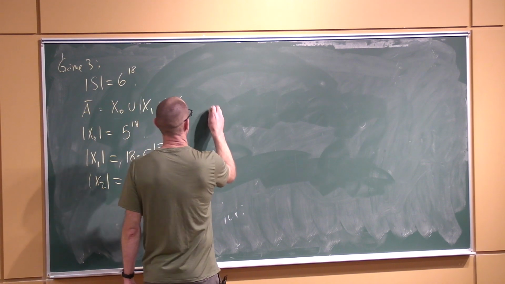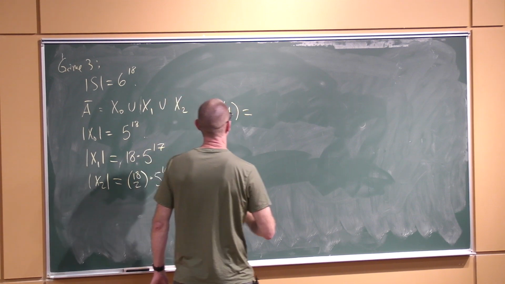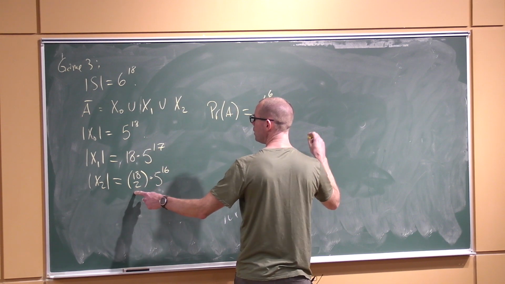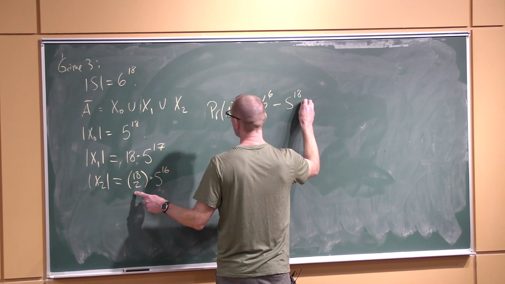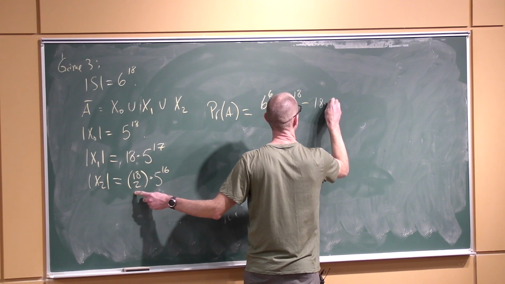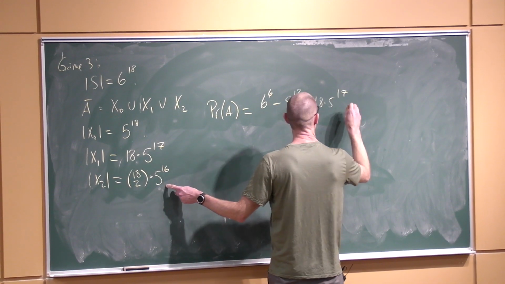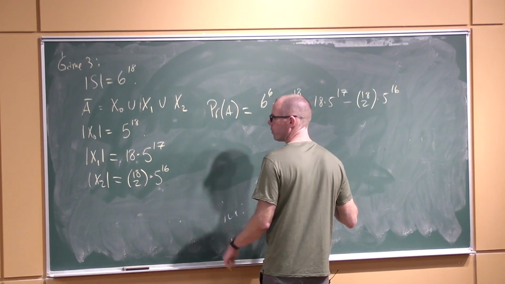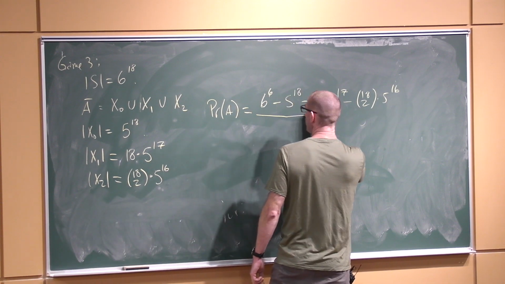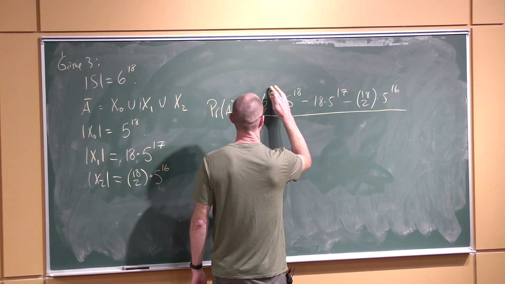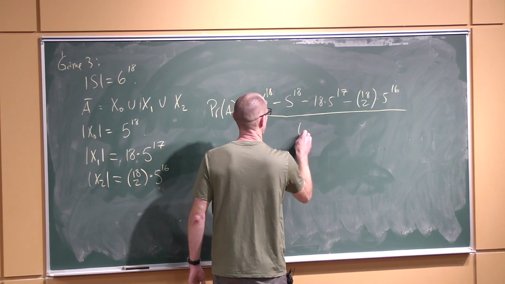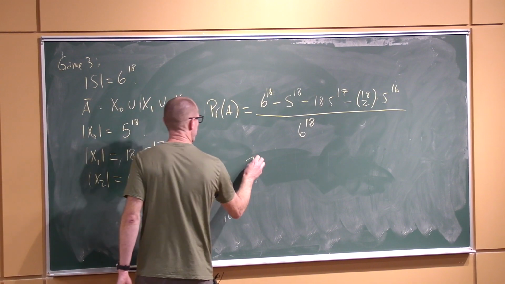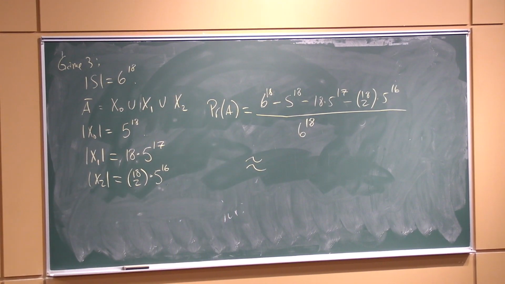And if we compute now the probability of A, that's going to be 6 to the 18 minus these guys, 5 to the 18 minus 18 times 5 to the 17 minus 18 choose 2 times 5 to the 16, and all divided by the size of S, 6 to the 18, which is approximately equal to,